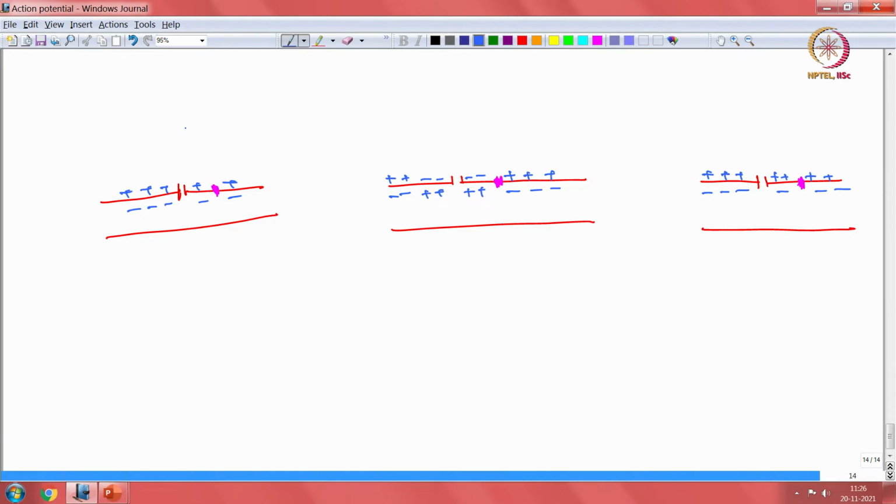So, here you have, I do not know if this will be visible. So, I think I have to reuse one of the colors. Where is green? Dark green. So, here is the stimulus. So, there is a stimulus which is applied, and then there is sodium which goes in, potassium which goes out. So, that is the story so far.